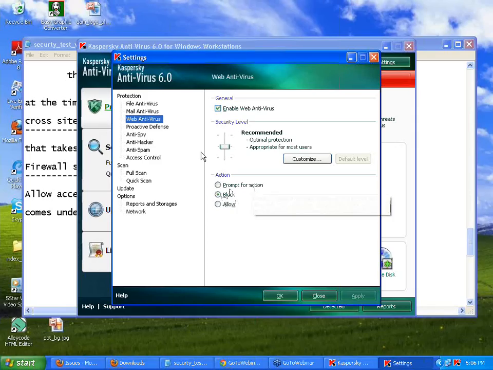And you might have noticed, if you have antivirus and you install an exe and it tries to access a website, it always says should I allow, should I deny, should I allow only for this time, or should I block it permanently?